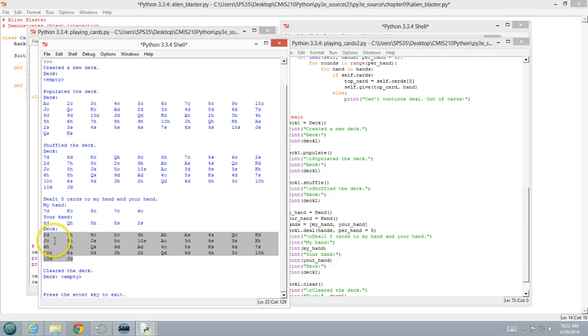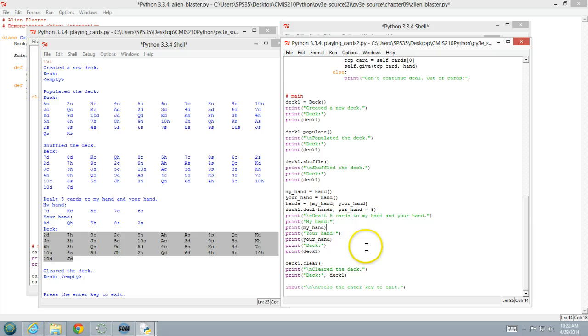So as this deck gets smaller, eventually we're going to say, hey, we're out of cards. So now we're going to clear the deck, and then we can exit. So that just shows us how we can manipulate those. So we could go in and say, well, you know,